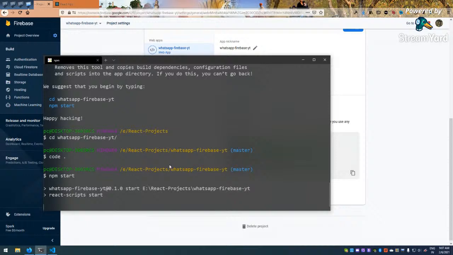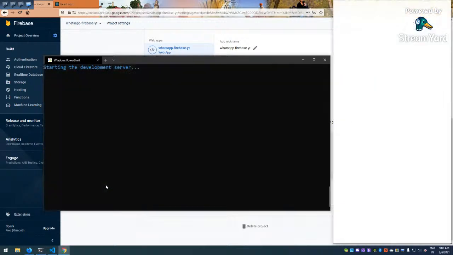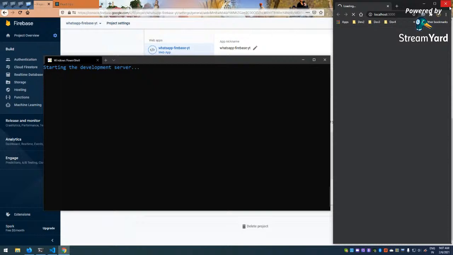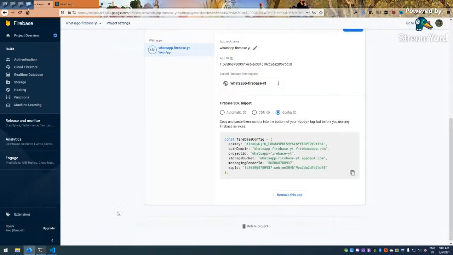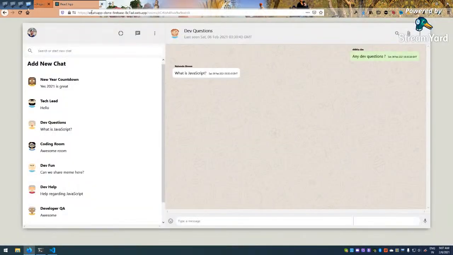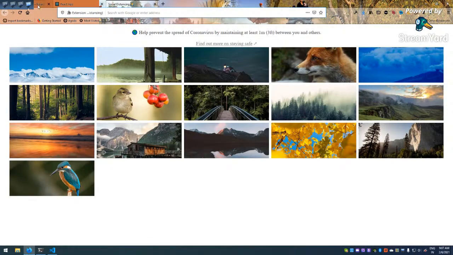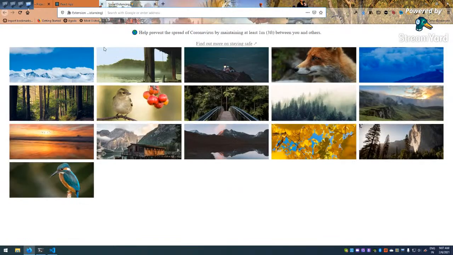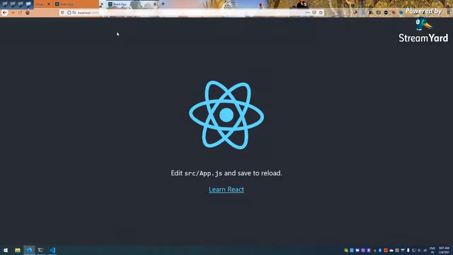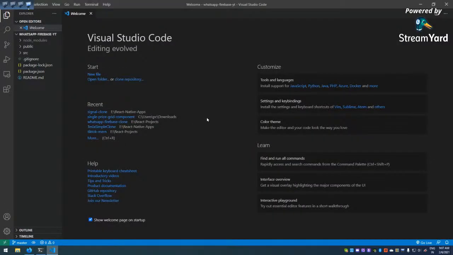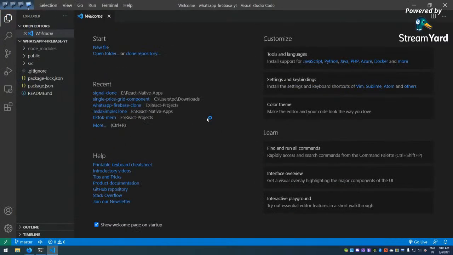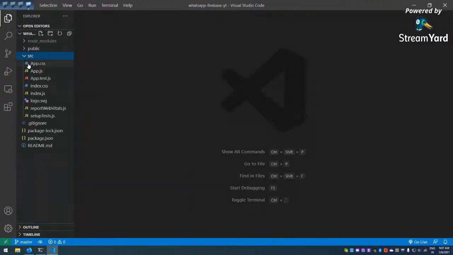So I generally do npm start in my terminal. npm start will start the development server. I don't want it in here, I want it in my... Let me increase the font size. Okay, it is increased. I'll go to the src, and I will create a new file,